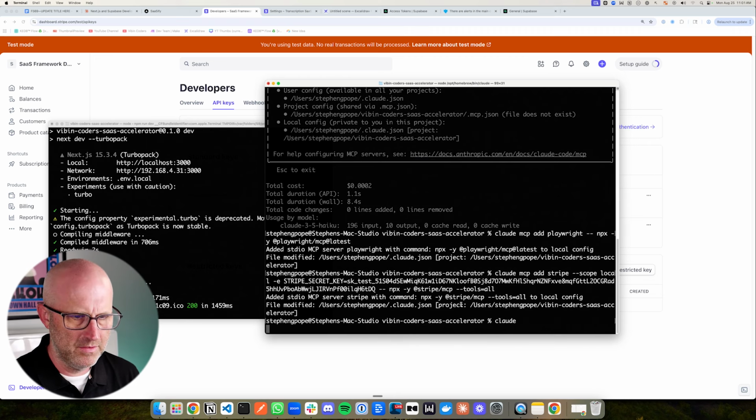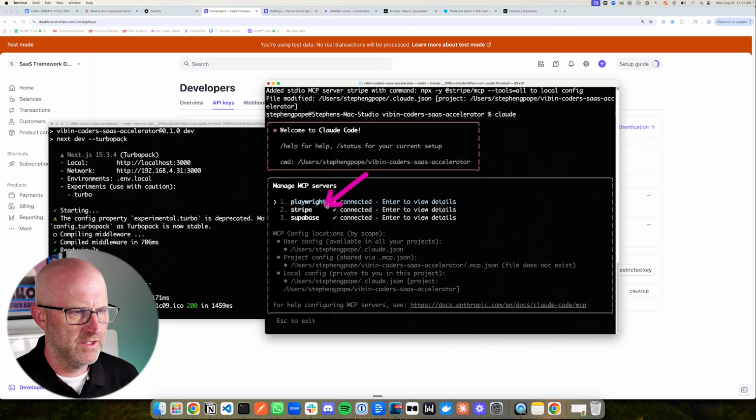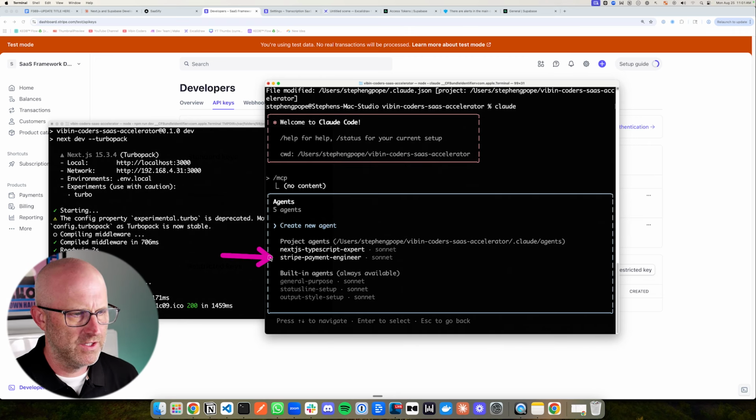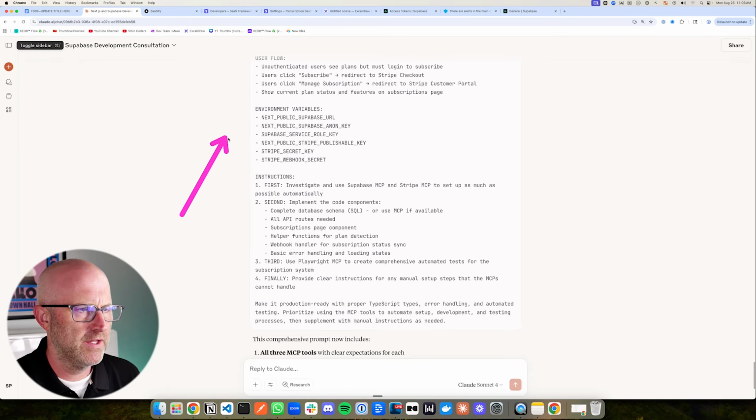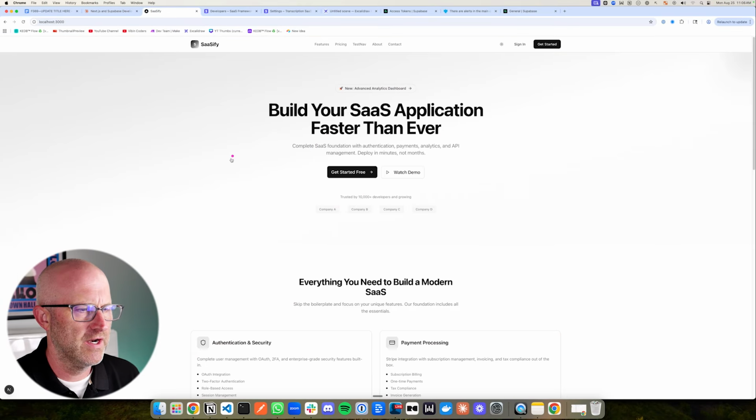Now if I jump into Claude Code, MCP, we have Playwright, Stripe, and Supabase connected. And we've got our two agents, so we're good to go. All right, so now we're ready to run this prompt here, which is going to integrate Stripe into this SaaS